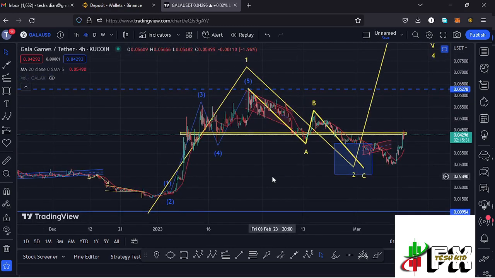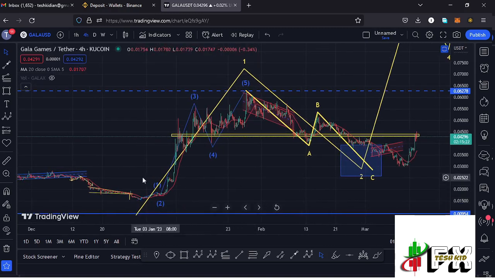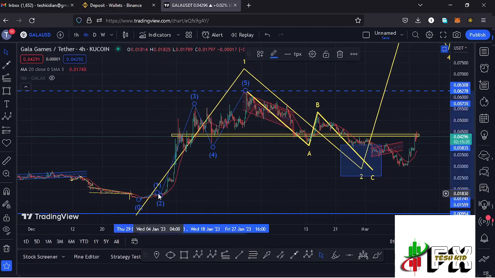And allow me to continue with the video here on the 4-hour chart by first giving you a quick recap of what has been happening, where you can see that after making our lower low down there, we started this massive bounce to the upper side obeying the Elliot structures, where you can see that I have this Elliot structure in blue having the wave 5, giving us a peak at around the $0.06278 mark. And after seeing the formation of that wave 5 to the upper side, we completed an even larger Elliot wave count 1 to the upper side.